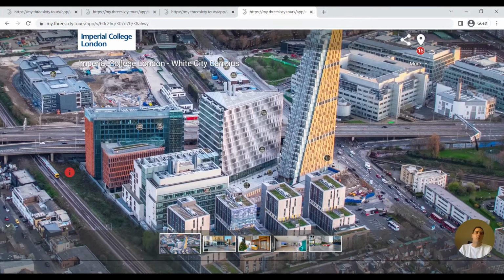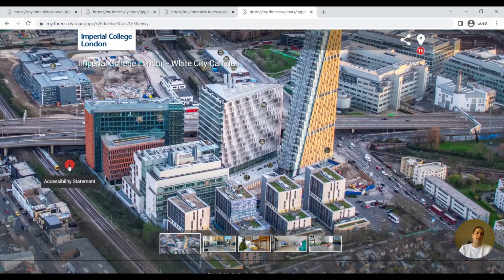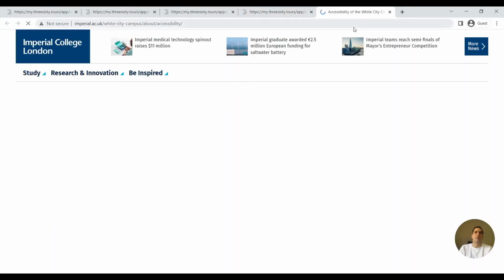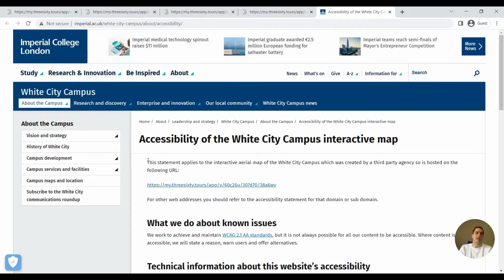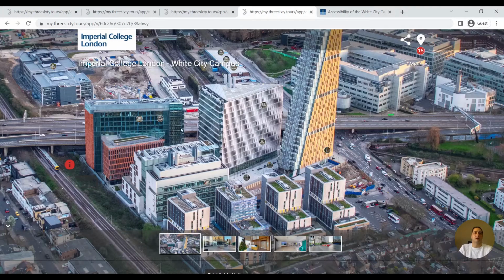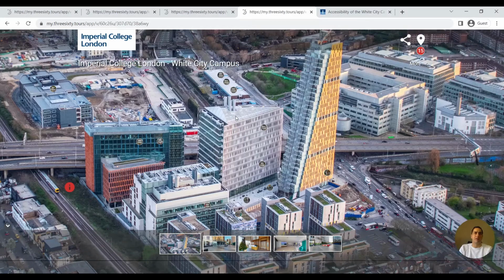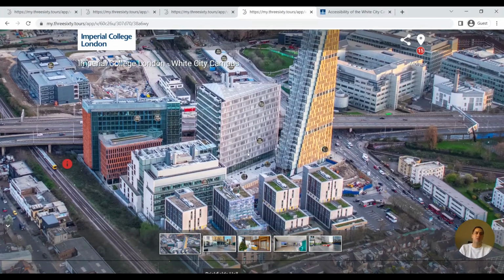What I also liked about this is that they put a link. This is their accessibility statement. So when you click on it, it opens a new window. You go to their website, and this is a statement about accessibility, I guess. So you see here, it's one link for the entire tour. You don't have to have like 7 or 8 different links. It's one tour that they've added on their website, and it brings them here, and you can showcase the entire